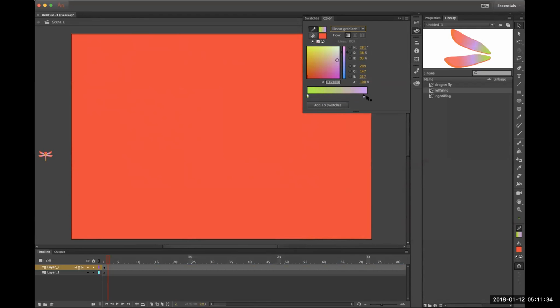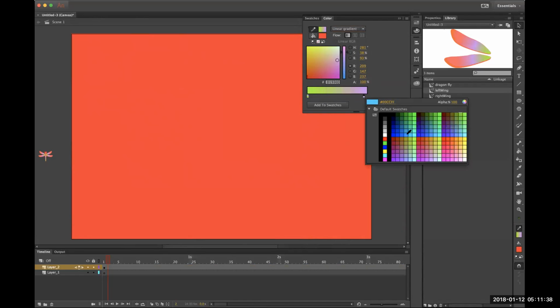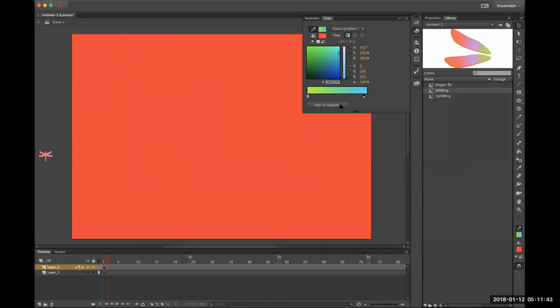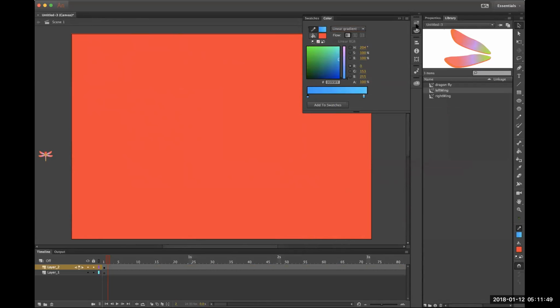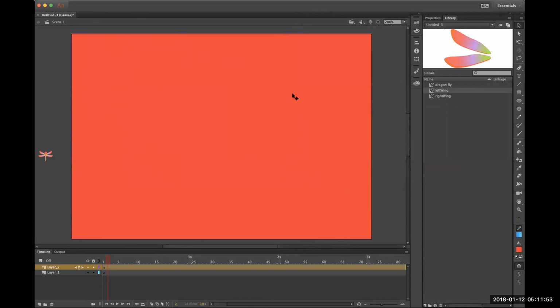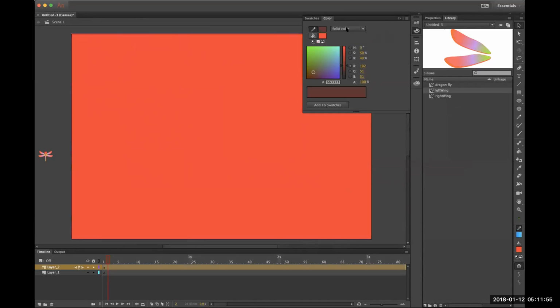I'm going to click on this little bitty square right here at the bottom, double click it, and you can see it gives me my blues. Put this blue and that blue. Works. So now I'm going to select my background color, linear gradient,